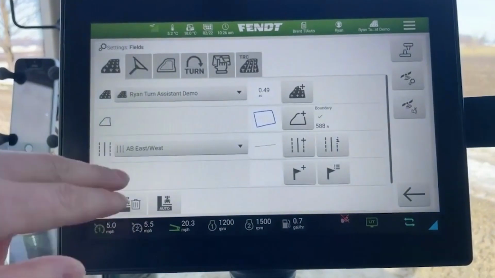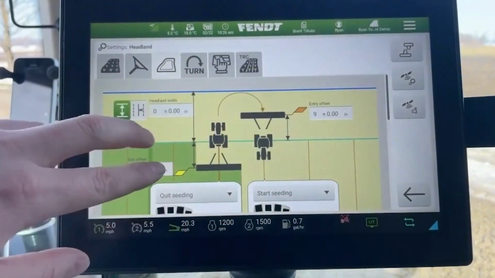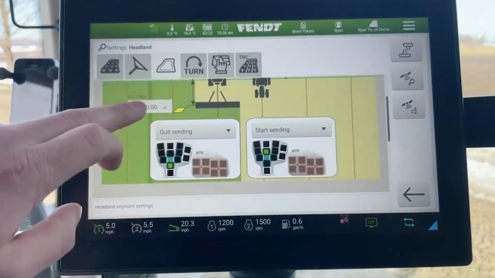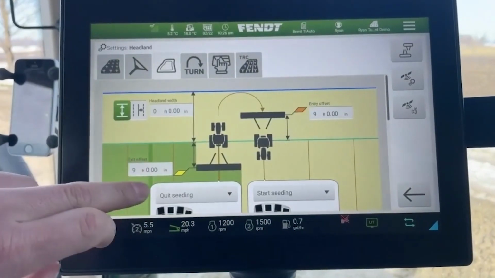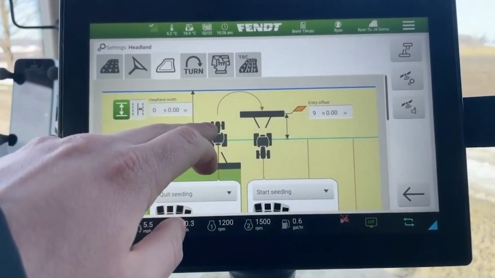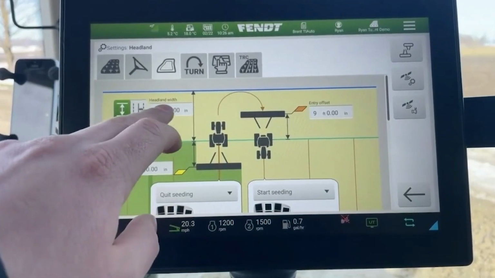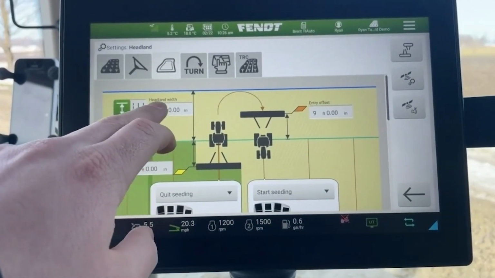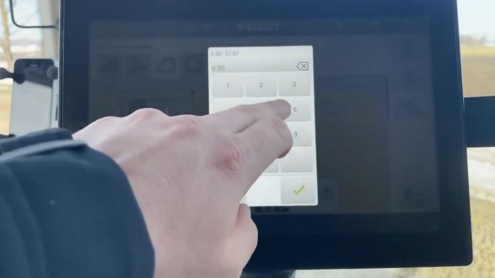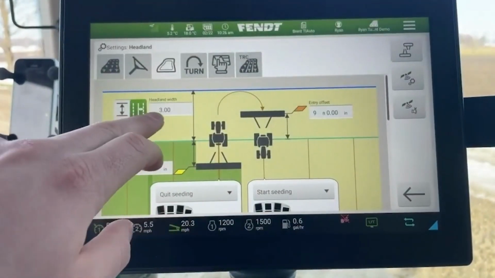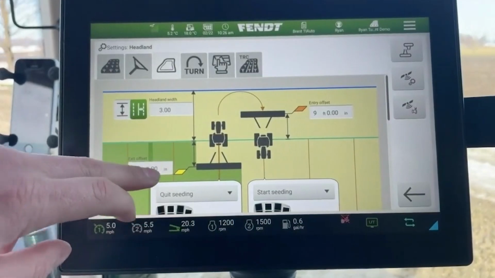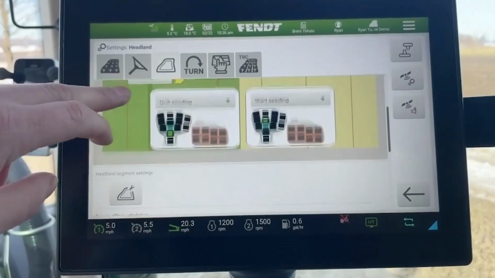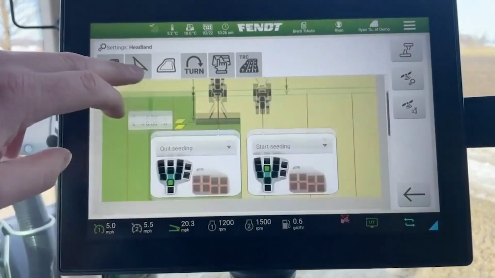But this here one, you're going to see on every tractor, these flags. And so first we have to enter a headland width in our field, and we can either enter a number of implement passes or an actual width if you know the width. In this case, I want 3 passes with my air seeder. I can hardly go more than that, or else I've covered the whole field. And then we need to